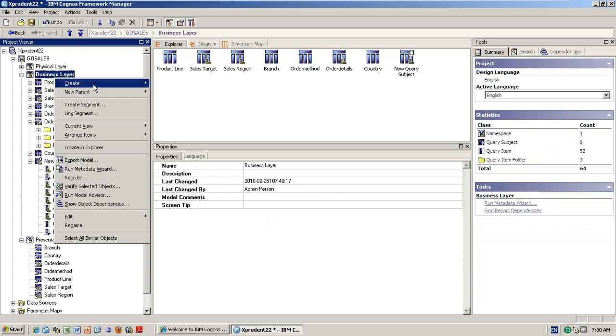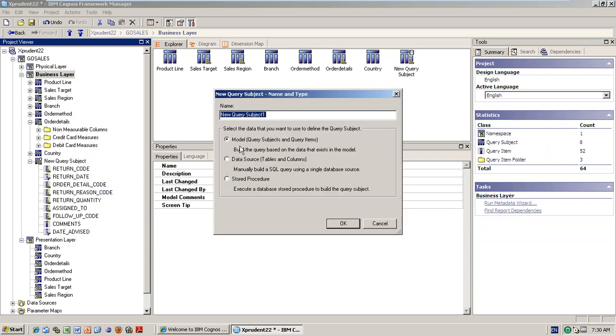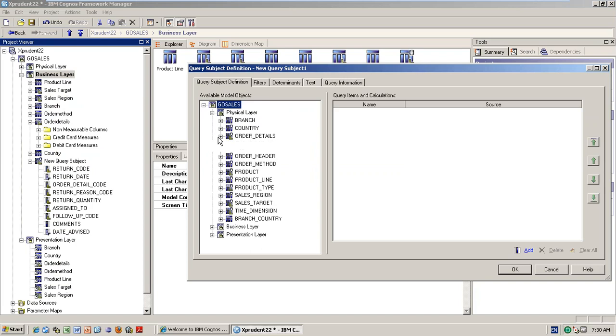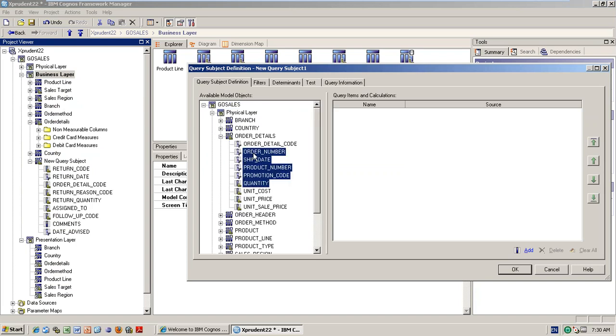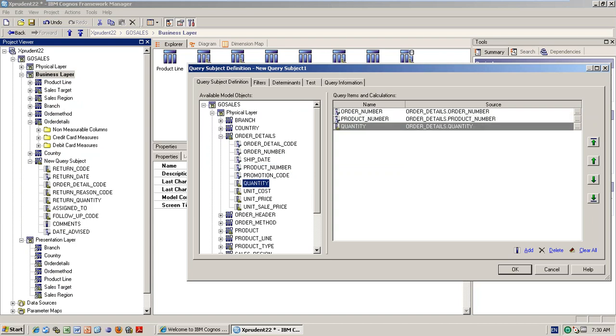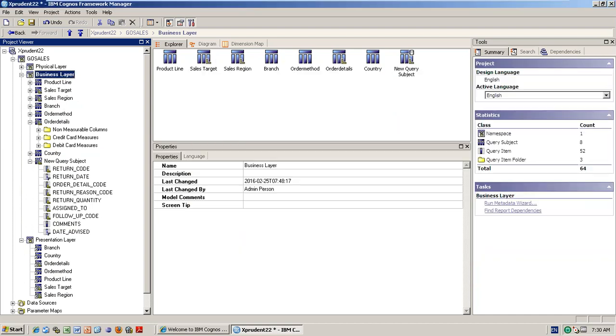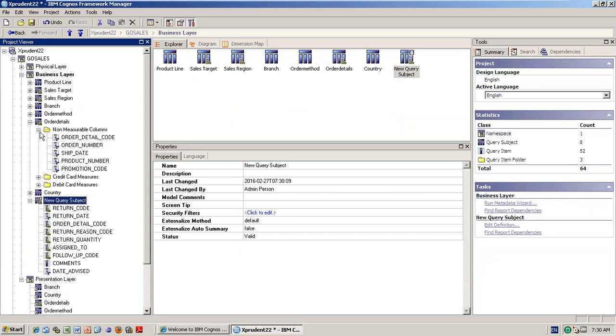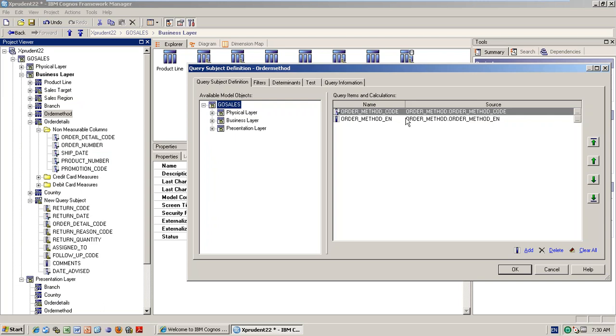But if you are expecting a model query subject, once the table is uploaded into the physical layer, what you need to do is go here, from the physical layer, whatever columns you want, only those columns pick up. That means you are taking the data from the physical layer table query. So that is the reason why it is called model query subject. Okay. So if you take that table, how it looks is like this. The select statement will not appear here because you are pulling the data. If you go and check the physical layer.